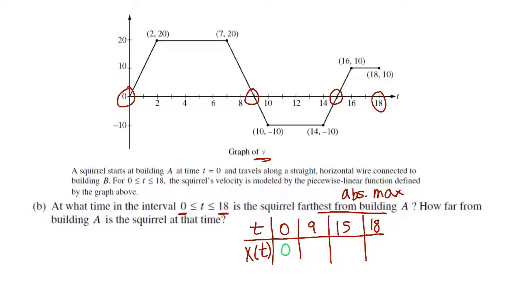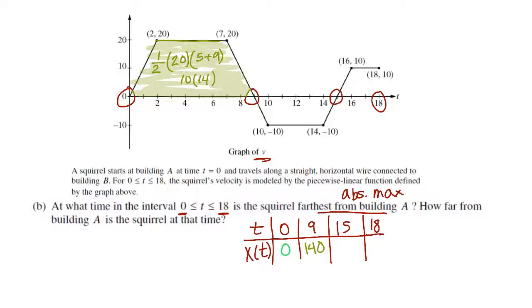Now over here at 9, then that's going to change a little bit, because now at 9 we need to consider this whole region here. That's going to be the area that we need to find, and so that area inside there is going to be the area of a trapezoid, so it's 1/2 the height, and the height is 20, times the sum of the bases. So this base up here is going to be 5, and then the base at the bottom is going to be 9. And so that's going to be 10 times 5 plus 9, 14. So that's going to give me